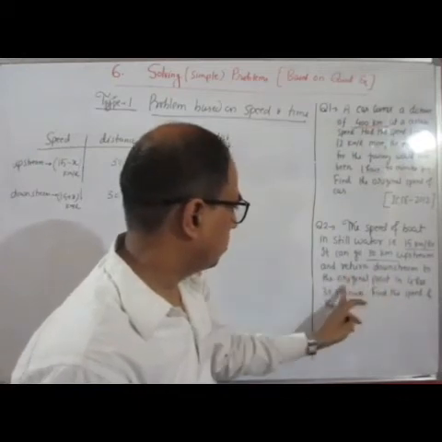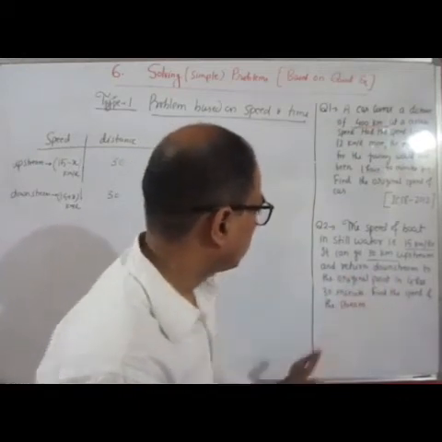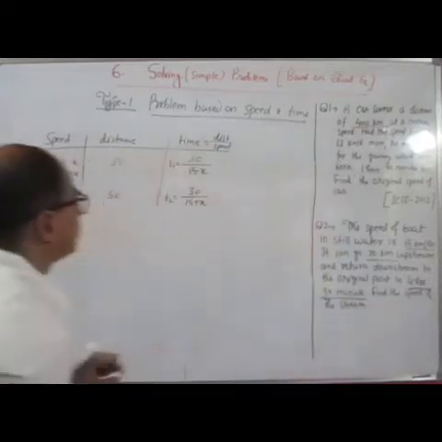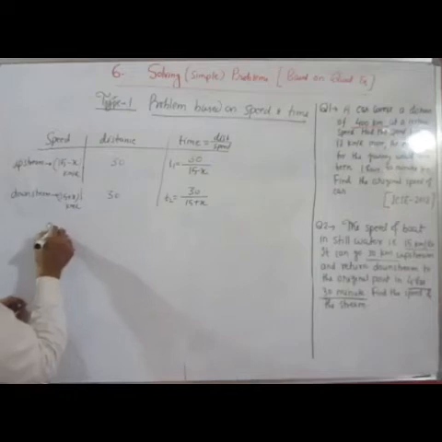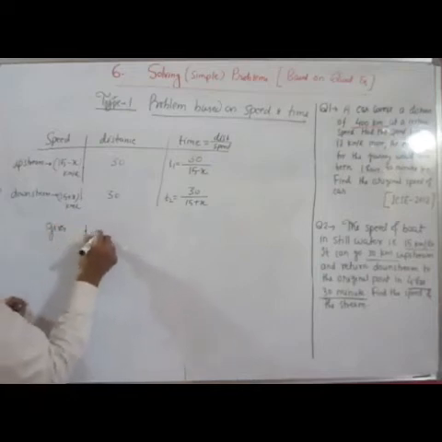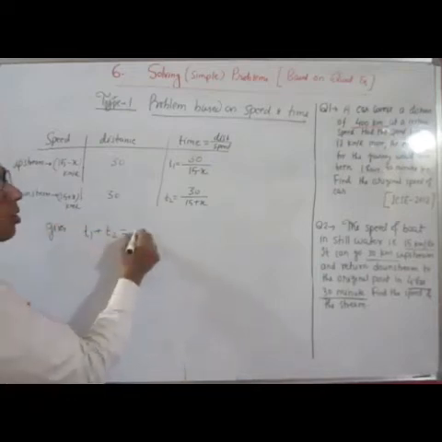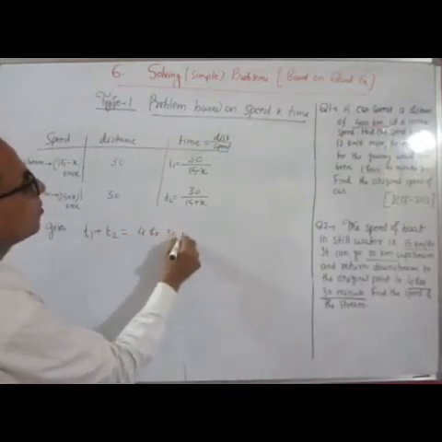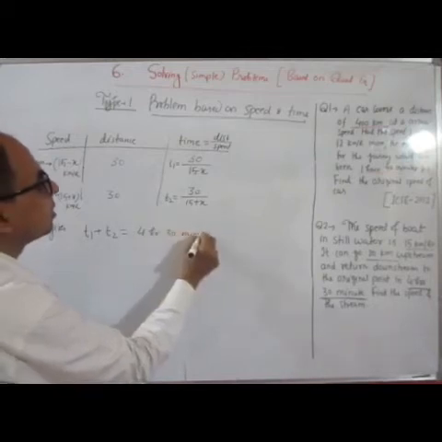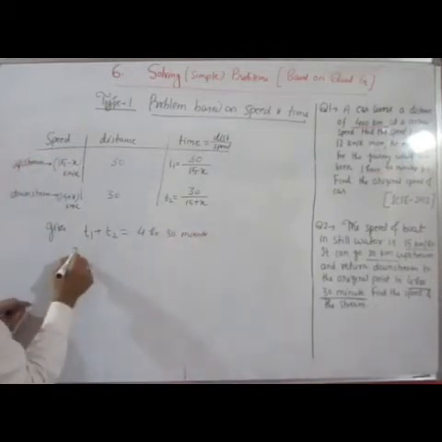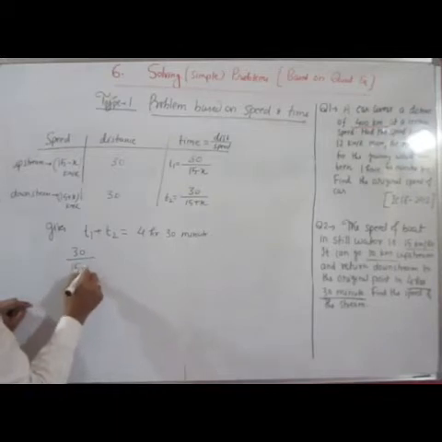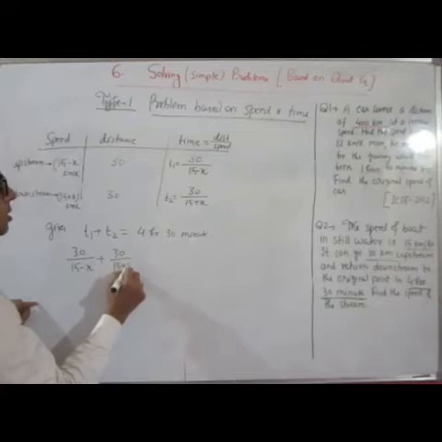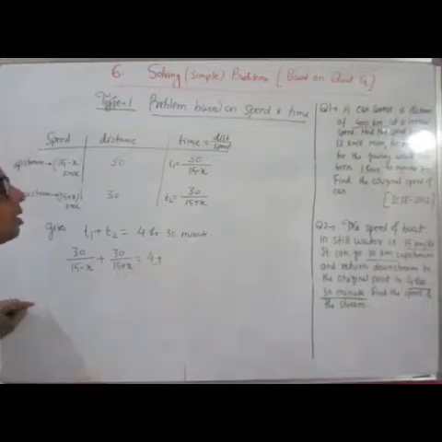On return downstream to the original point in 4 minutes, find the, so total time taken is what? 4 hours 30 minutes. So given T1 plus T2 is equal to 4 hours 30 minutes. This is the total time taken. So 30 by 15 minus x plus 30 by 15 plus x is equal to 4 hours plus 30